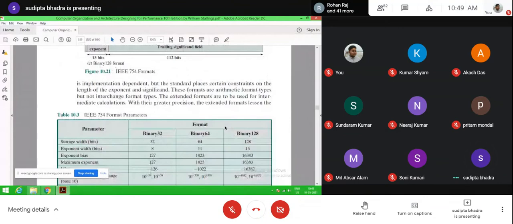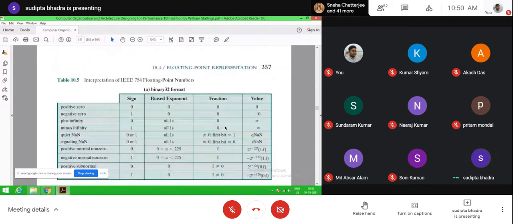For examination purposes, the standard division algorithm and two's complement multiplication by Booth algorithm, these two are very important. So please follow the flowchart for Booth algorithm, its working principle and the example, as well as the flowchart, working principle and the example of standard division.